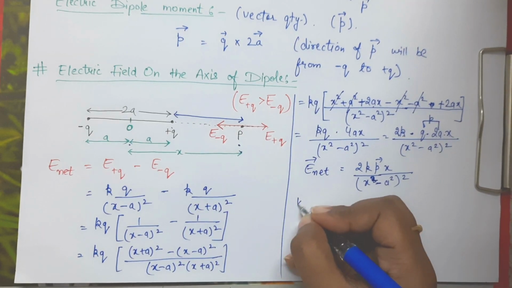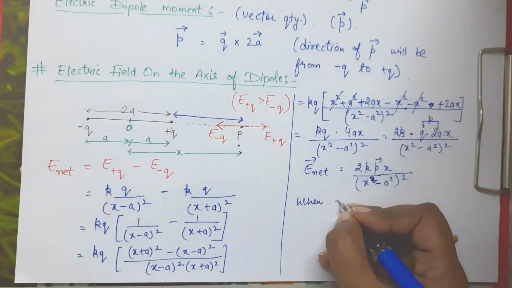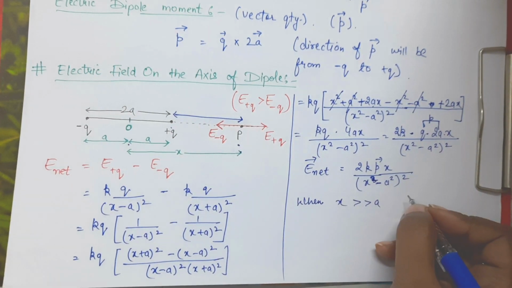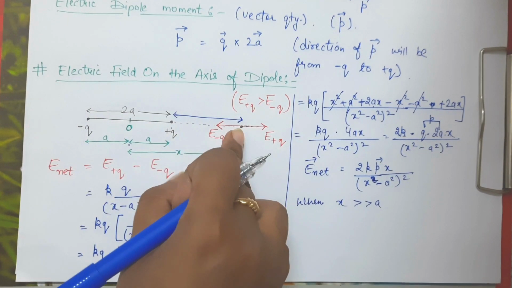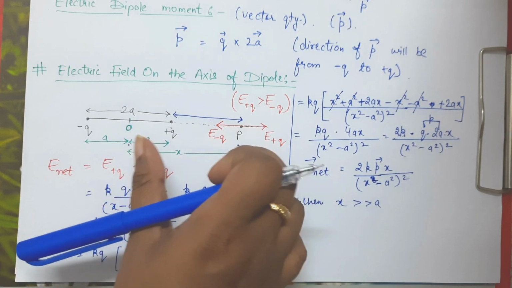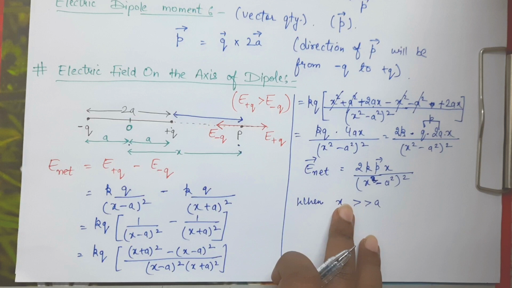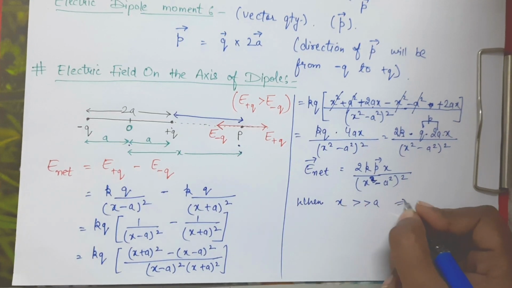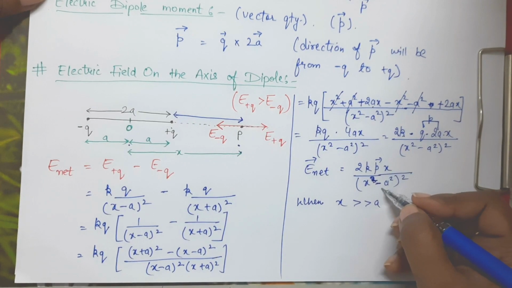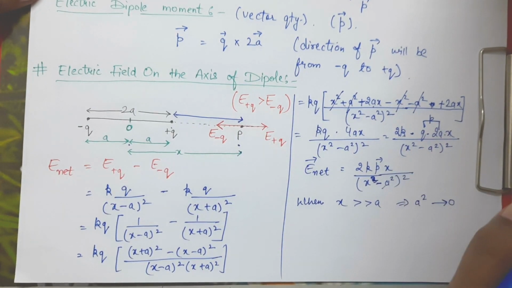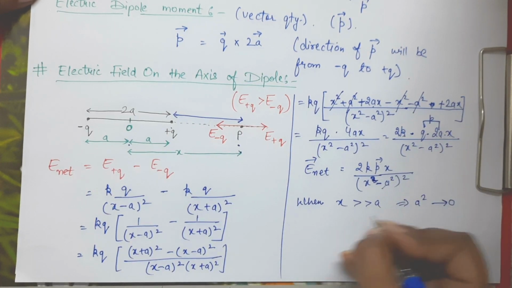Now generally what happens in case of these dipoles, usually x is much greater than a, right? That means this particular distance is very small as compared to the distance of point P, which is located at some distance from this dipole. Generally this case happens. So if x is much greater than a, that means what? A square is approaching 0. So in this expression we can write a square as 0, and we will be left with